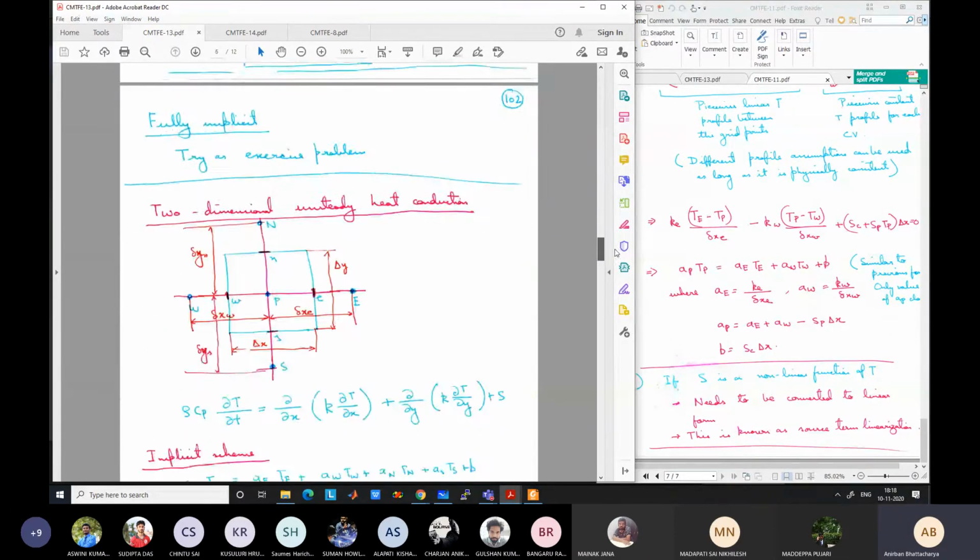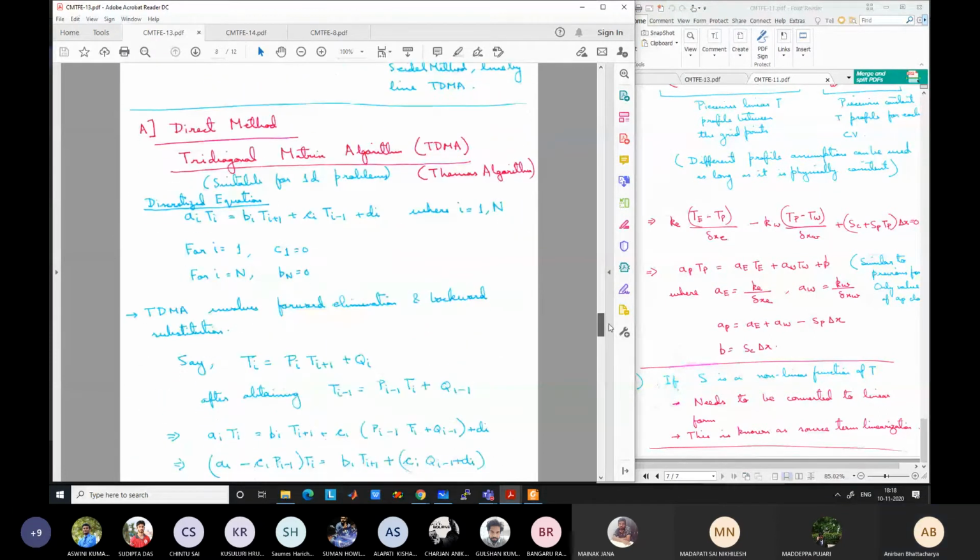Okay. So if we come back to our equation here, this is what we have done. Okay, AiTi is equal to BiTi plus 1. So where Bi is the coefficient AE, when you are calculating for the ith grid point, but this is the coefficient for the next temperature value, next grid point temperature value, Ti plus 1. Similarly, Ci is the coefficient when you are calculating for the ith grid point, but this temperature is the previous temperature value, previous grid point temperature, Ti minus 1, and Di is the source term B corresponding to this grid point.